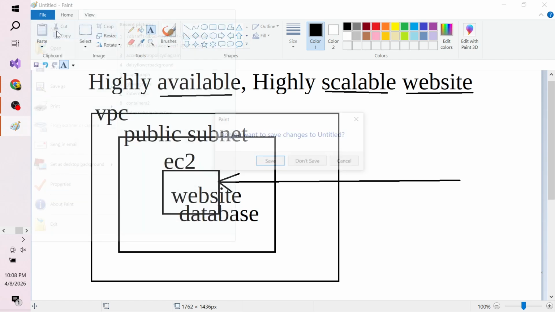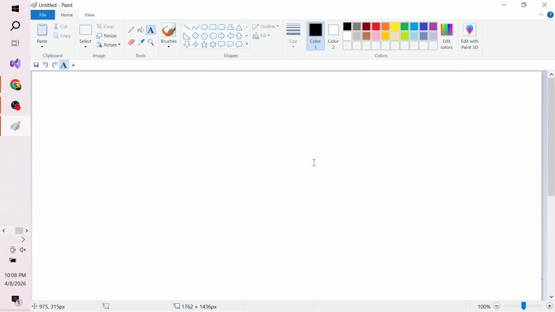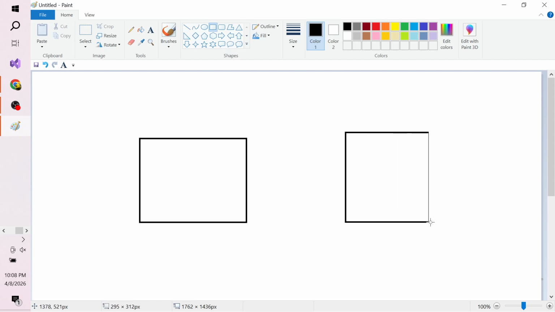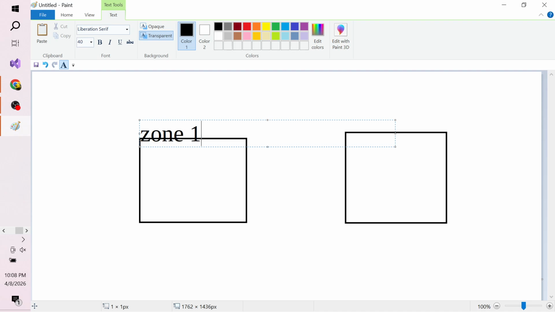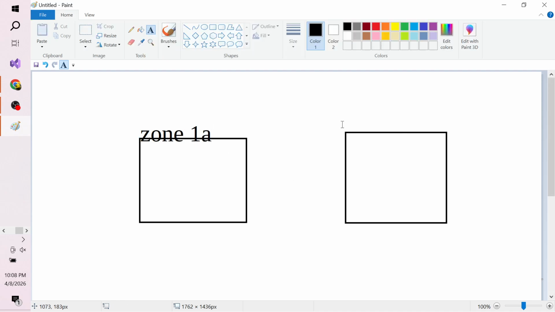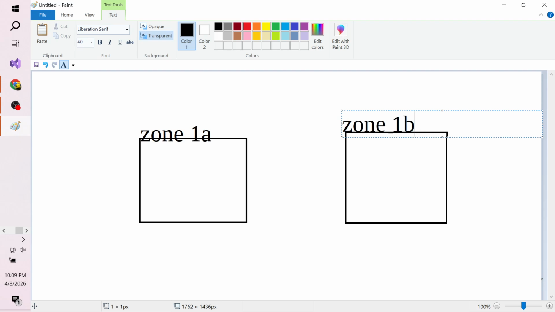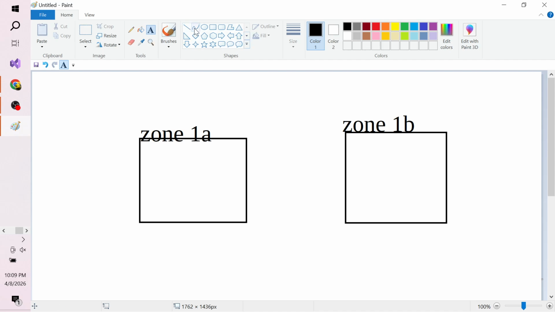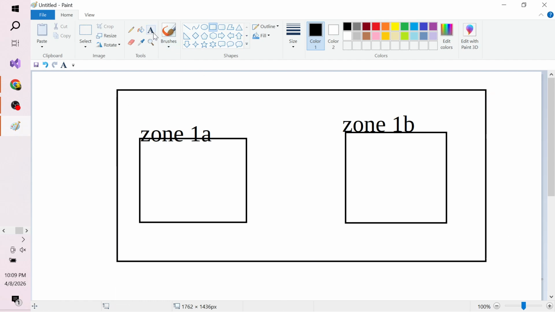Let us go with a new one. I'll not save this. In order to make anything highly available, it means two different zones. Anything that you have should have its copy in two different zones. Here we have zone 1A, let's say a public subnet, which already exists in your project. In this zone, what you should attempt to do is create a VPC with two zones,